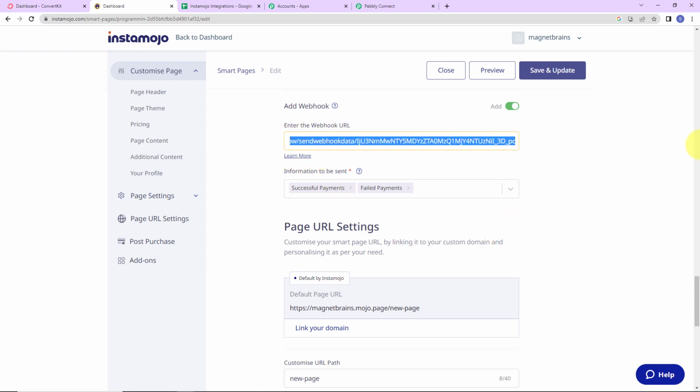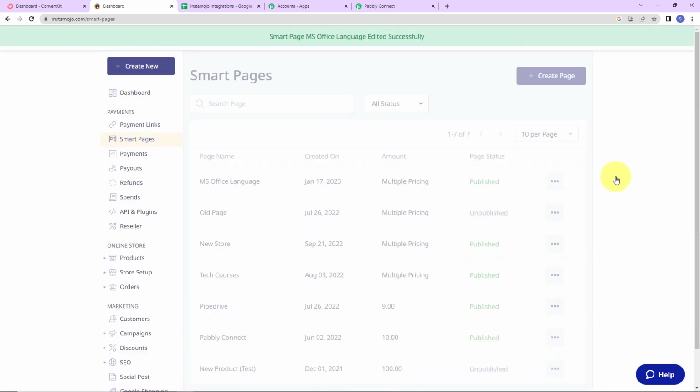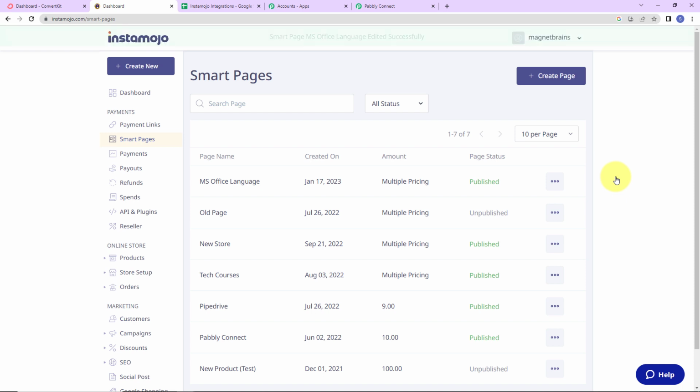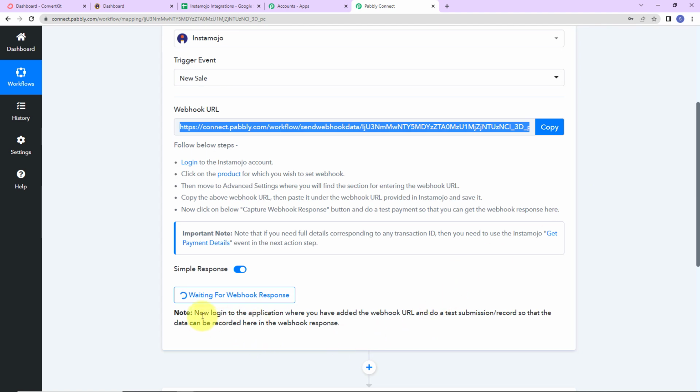So I'm going to remove the previous one and add the one that we had just received through Pabbly Connect, and then I'm going to click on save and update. So once this is updated, this means that the webhook has been successfully connected with the product that we want to sell. Now I'm going to go back to Pabbly Connect, and here it is saying that now log into